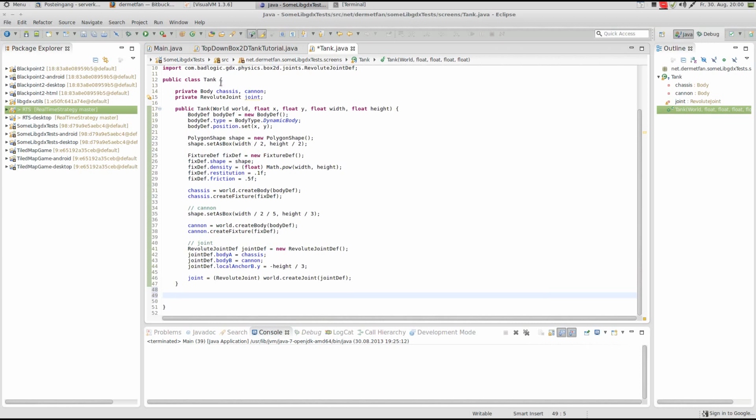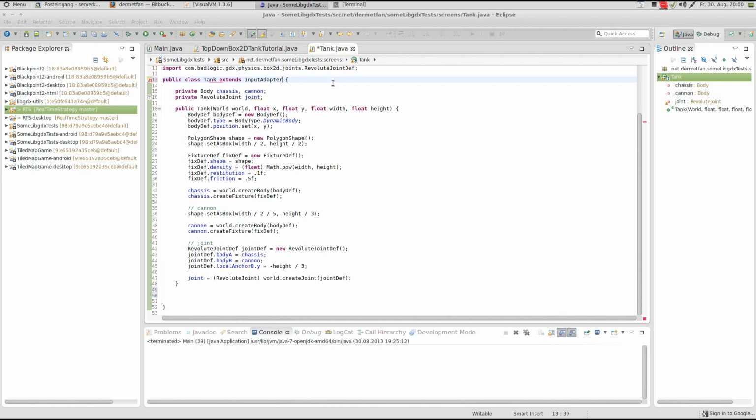So the first thing that we want to do is have some possibility to send input to this tank. Obviously, to do this we need some form of input processor, and since this tank doesn't extend anything else yet, I'm just gonna let it extend the input adapter. That's not really an object-oriented nice way to do it. Usually you'd say implements input processor, and that's actually exactly the same thing, but if we extend the input adapter,